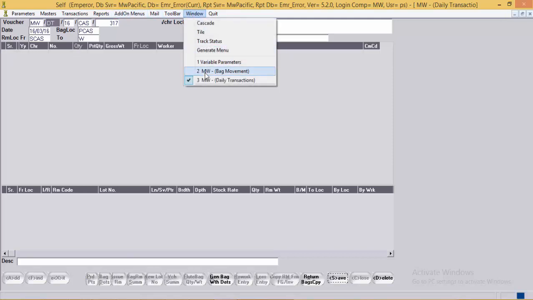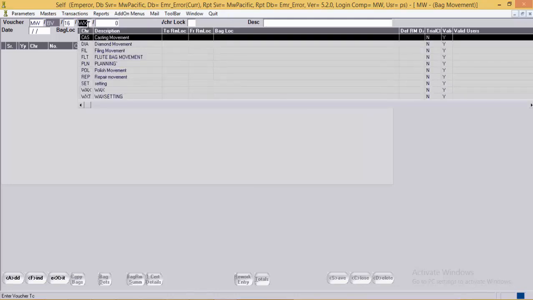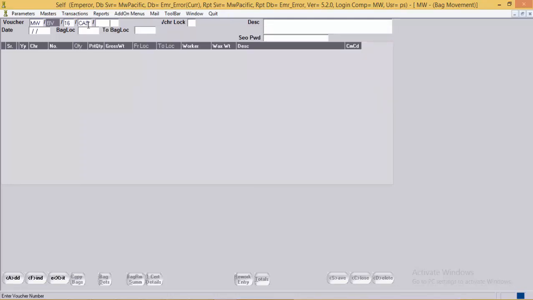Casting. We'll add a voucher. Can mention the bag location as casting. We'll move the bag from casting to filing.